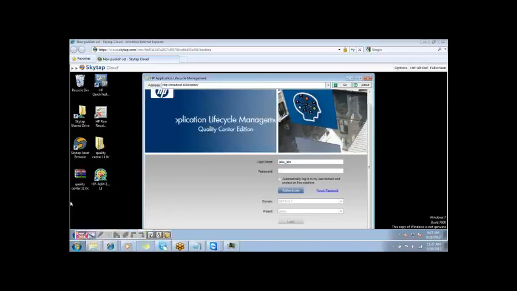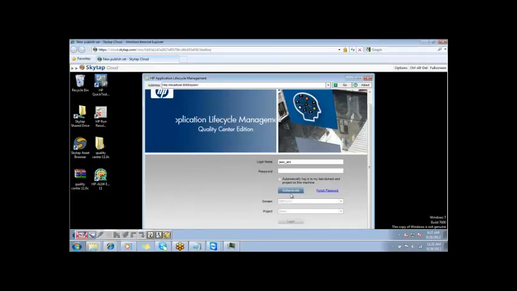When you are using Quality Center 11.0, you have to enter the username as ALM. If you are using Quality Center 9.0 or 9.1, you should use the login Alex_QC. Then there is no password. You directly have to click on authenticate, and in this domain you select default, and then the project will be demo. Quality Center demo you will have in 9.0.